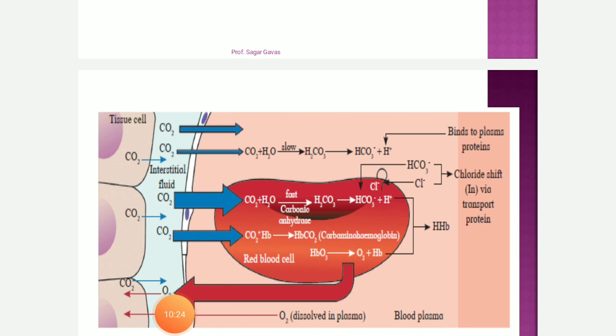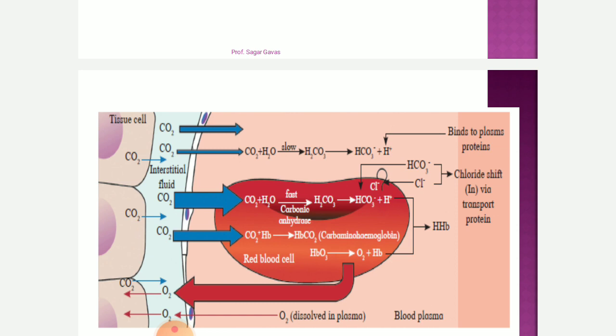Now the same diagram is there in your textbook. You can see from the tissue carbon dioxide is released. It is going to enter into the RBC. It is going to form H2CO3, that is carbonic acid. It is going to dissociate into HCO3 and H plus. Now HCO3 will be transported outside. It is replaced by chlorine, that is called the chloride shift, and for that it requires a special protein, that is a transport protein,